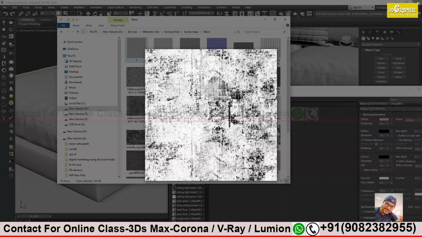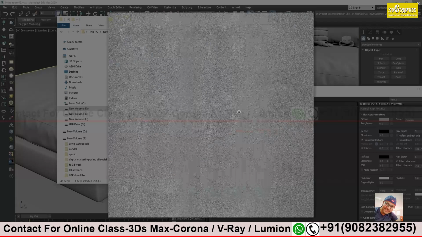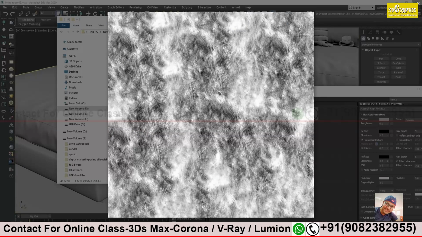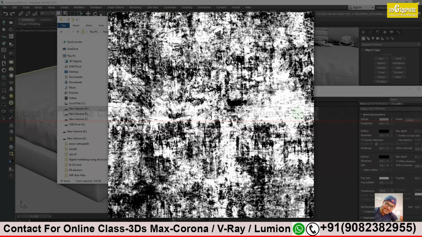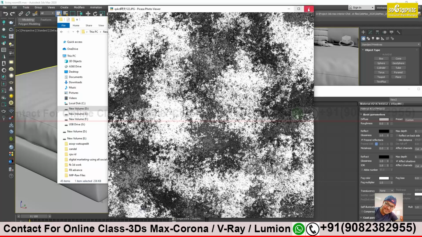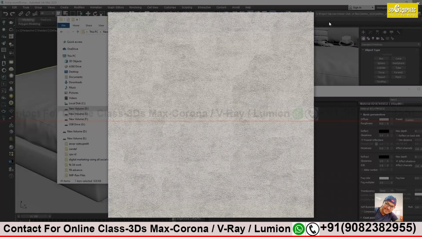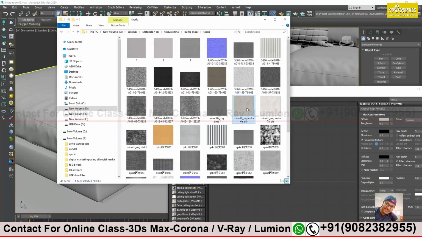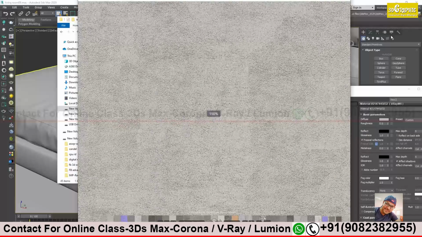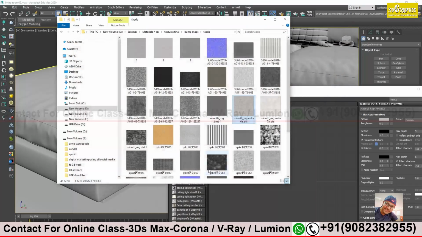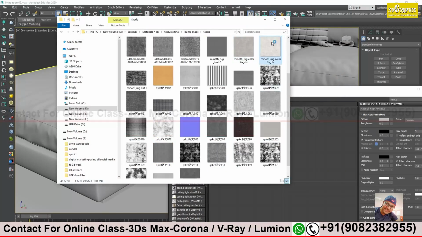These are going to be the masking for our composite material. This black and white patch kind of texture, see this one, will act as a masking for composite. We will use this first. What we can do is start with a simple texture. I have selected a few textures to start with. Give me a second.